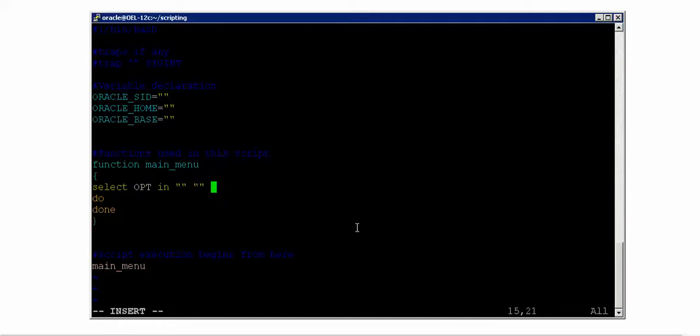What are the different options I wanted? I wanted 3 options. So 3 double quotes, I will make it ready. And the first option is table space utilizations. This is the first option it should list. And the second option that it has to list is your data file resize. This is the second option. And the third option should be quit. Alright, so with this I'm going into the loop.